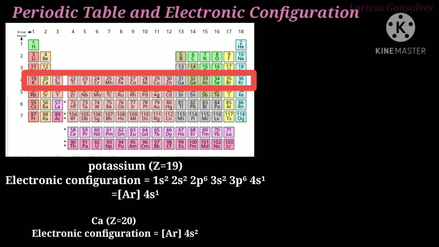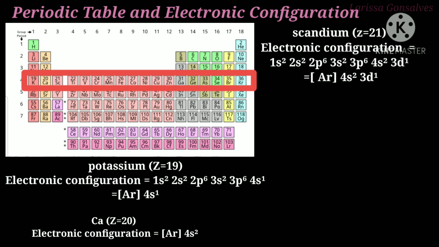However, according to the Aufbau principle, the next higher energy subshell is 3d, which can accommodate up to 10 electrons since the capacity of the d subshell is to take in 10 electrons. So the filling of the 3d subshell results in the next 10 elements of the fourth period, which starts from scandium, which has the atomic number 21, to zinc, which has the atomic number 30.